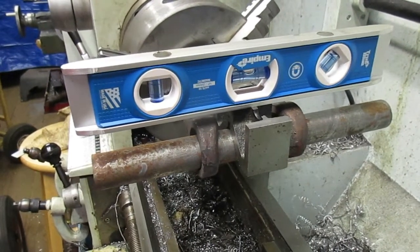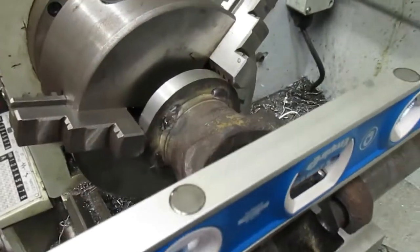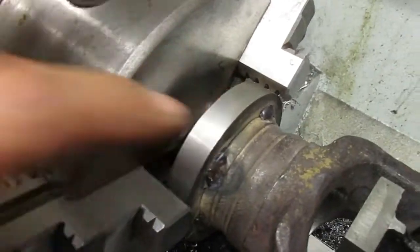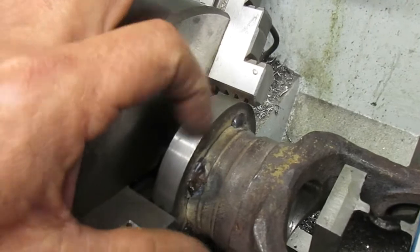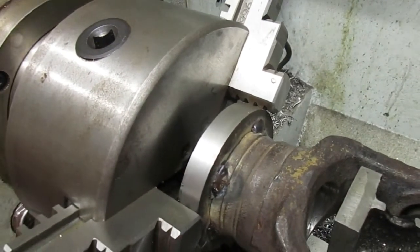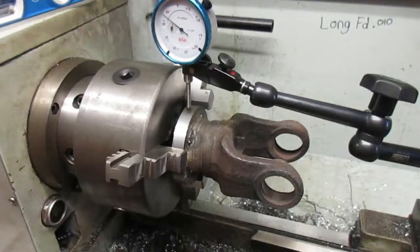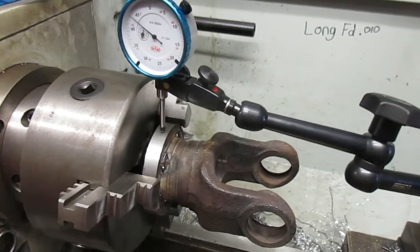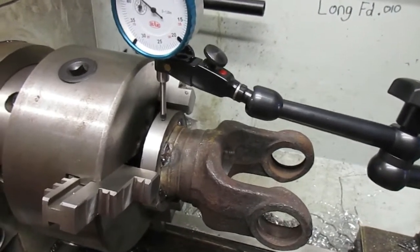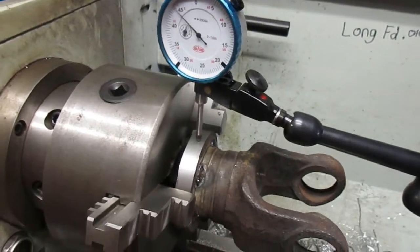So then next what I'll do is run over the top of this right here, top of that, to find my very top dead center, and then I can mark it, and then we'll do the same thing with the shaft. Okay, what I've done, we've set up the dial indicator. Now we're going to find the top dead center just by rolling that on the cross slide, just pushing it back and forth over the top of that